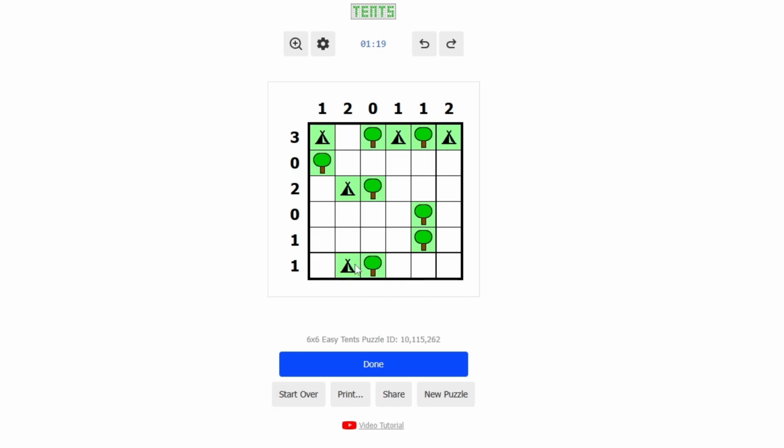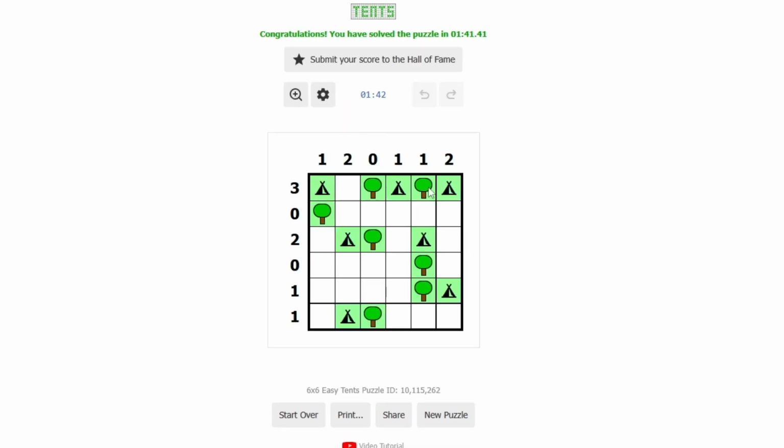And that gives me 2 there. And there's 1 here, 2. Oh, wait, there's 2 here. Oh, wait. So if I do 1 here, no, it says there's 0 there. So basically 1 here, that's 2. How do you get a tent? By putting it there, because it said there was 1 in this column, of course. Okay,